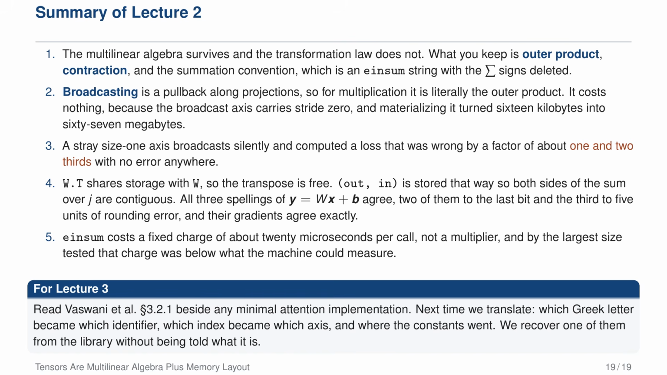2 match to the last bit, and the third to about 5 units of rounding error, and their gradients agree exactly. Fifth, einsum costs a fixed charge of roughly 20 microseconds per call rather than a multiplier. At the largest size we tested, that charge was below what the machine could measure. Next time we translate a paper into code, symbol by symbol,